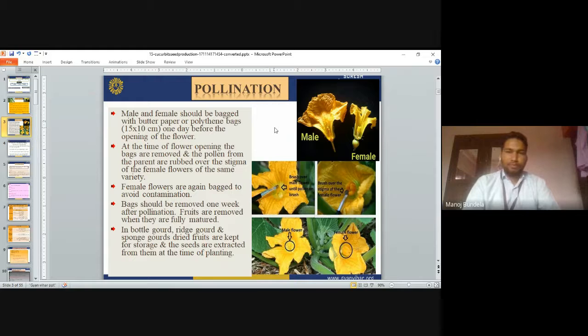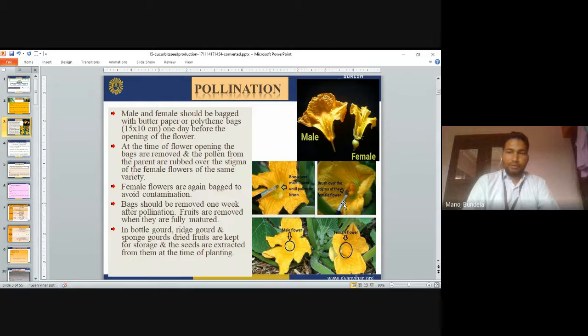At the time of flower opening, the bags are removed and pollen from the male parent is rubbed over the stigma of the female flowers of the same variety. So at the time of anthesis, when the flowers open, this is the collection of the pollen. We have to collect the pollen from the male flowers. We can use a brush. With the help of this brush, we collect the pollen from the male flowers, and then